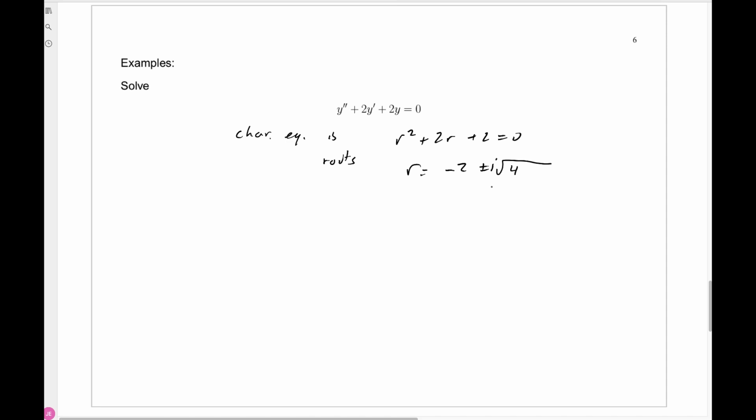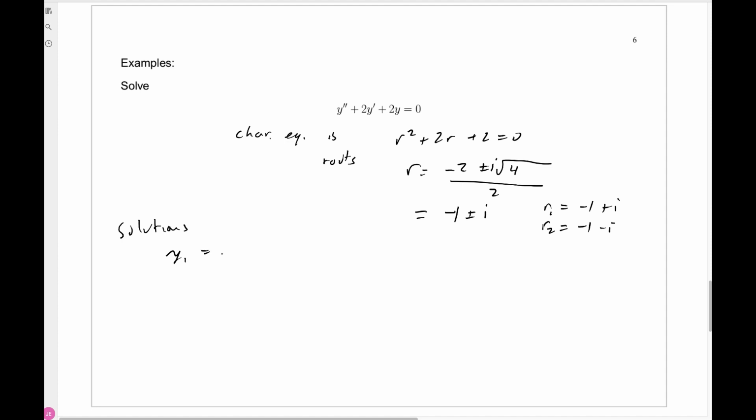That's the absolute value of that discriminant, all over 2. And when you simplify this, since the square root of 4 is 2, that cancels. We just get negative 1 plus or minus i. In other words, r1 is minus 1 plus i, r2 is minus 1 minus i. So that we have solutions